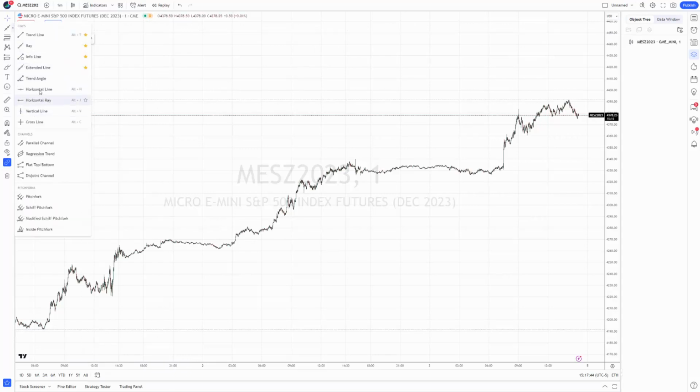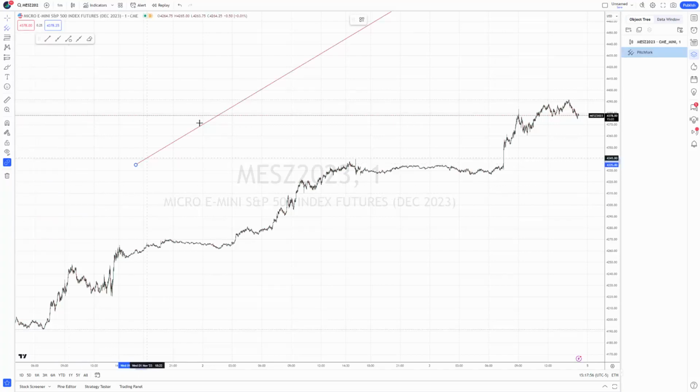So just showing off a couple of these, we showed the trend line section. They have channels, so you have your parallel, regression, flat tops and bottoms, and the disjointed channel. And then you have your pitchforks. All of these again can be favorited. Once you plot any of these,